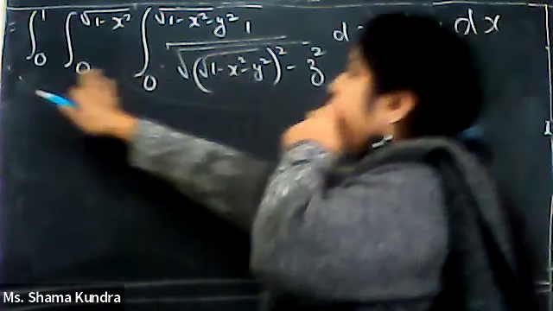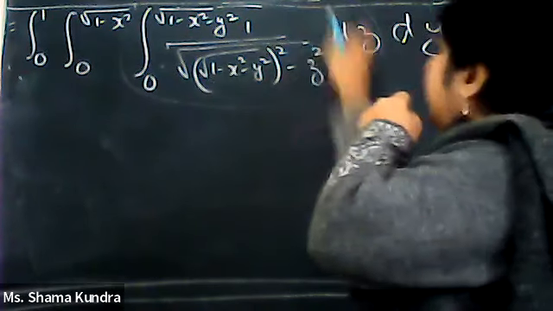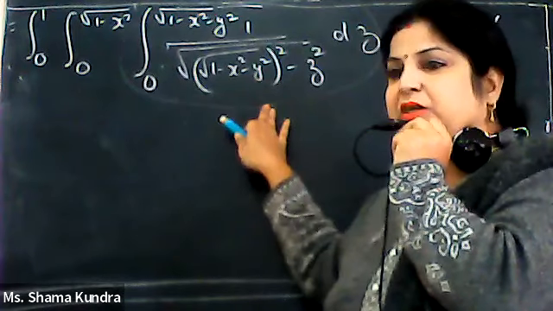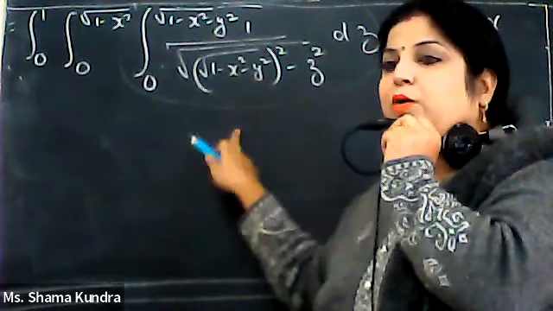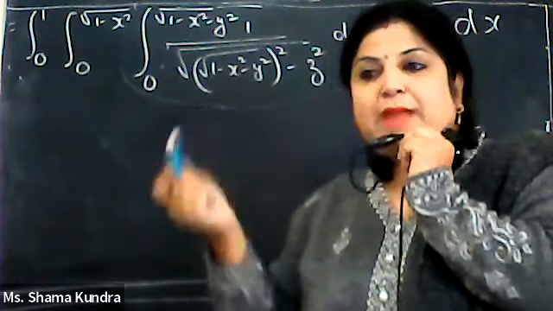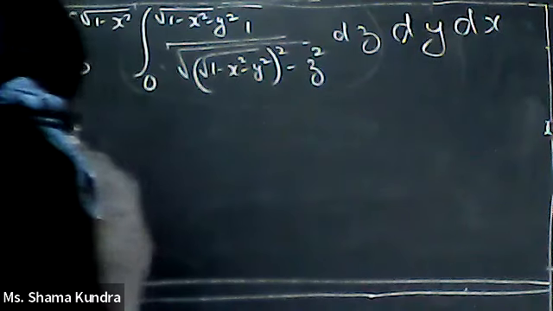Now, you can forget these two limits and divide that. Just think of this limit and this function. Now, I know the integral of 1 over under root of a square minus x square is sine inverse x upon a. So, I will write its value over here. What I will have